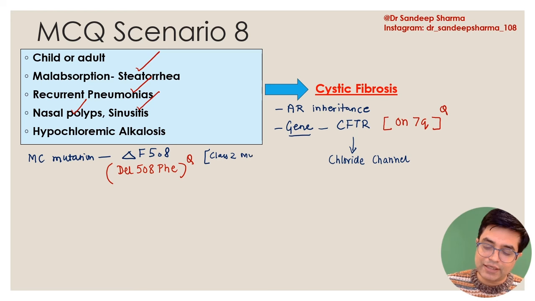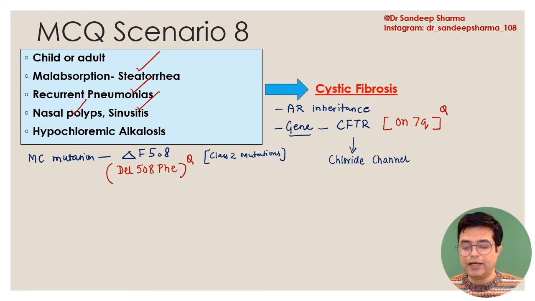क्लास 1 से लेके क्लास 6 तक म्यूटेशंस के क्लासिफिकेशन है, which you need not go into detail, but remember that most of the cystic fibrosis occurs due to class 2 mutation, which are severe. Now cystic fibrosis के अंदर